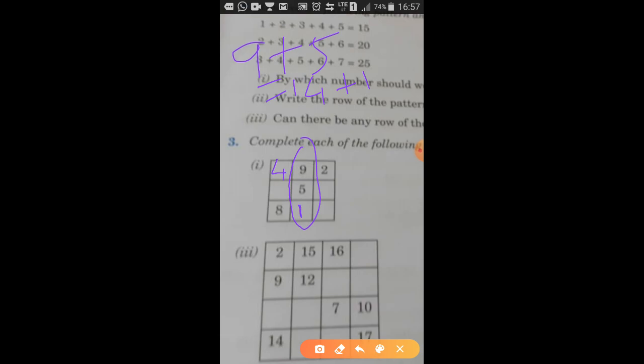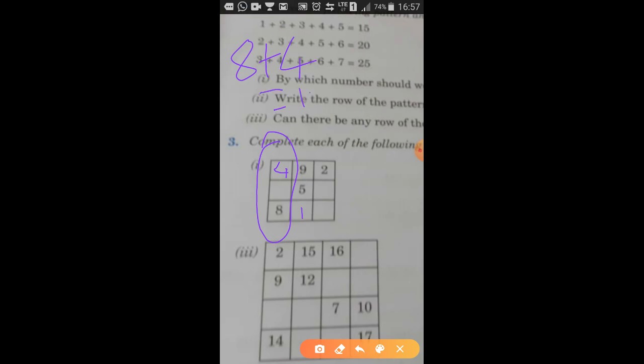So I will write 1 over here. Understood? Yes. Now, I have got 4 over here, I have got 1 over here. Now let's choose these three boxes. You have an 8 over here, you have a 4 over here, and the third box is empty.